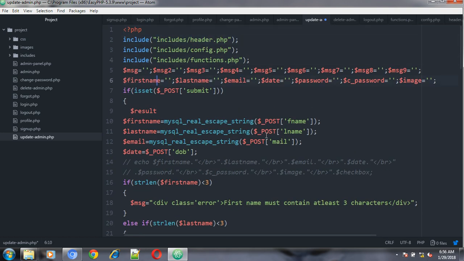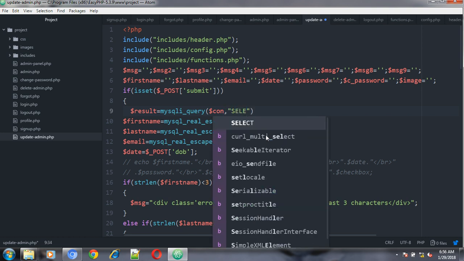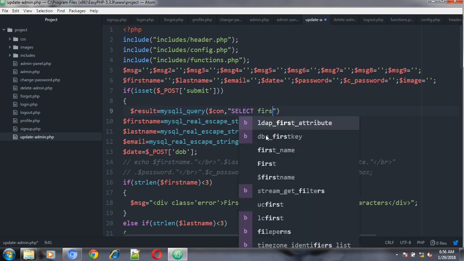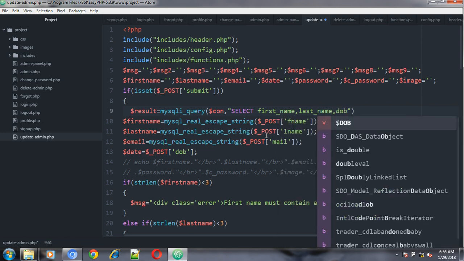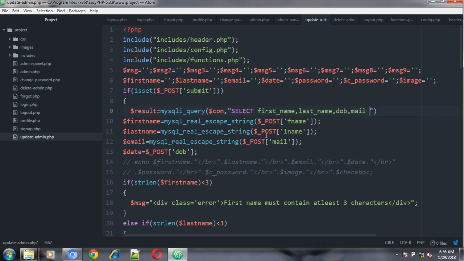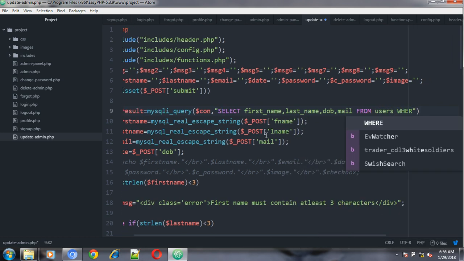Okay, and run this query: result equals to mysqli_query, connection, and what you will do is select first_name, last_name, date of birth, and one more thing which we want is the mail from users where